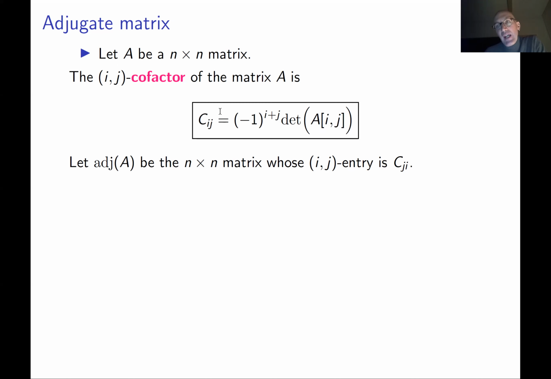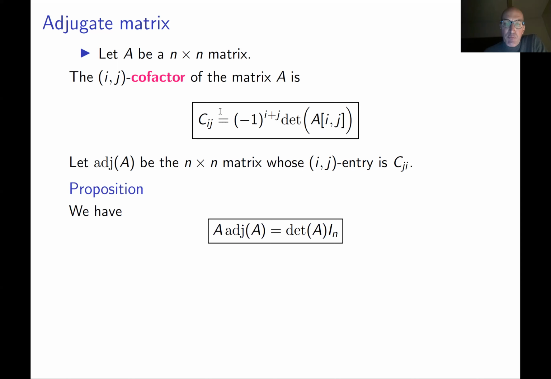Why is it important? Basically, because this adjugate matrix almost gives you the inverse of your matrix A. Note that an inverse matrix for a given matrix A may not exist. There are invertible matrices and there are non-invertible matrices. But the adjugate matrix always exists. We just gave a formula for it. So this is why it is important. If you take matrix A and multiply it by its adjugate, you get the identity matrix multiplied by the determinant. This is a mega useful property of the adjugate matrix.